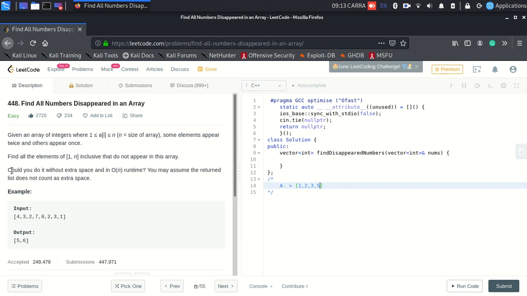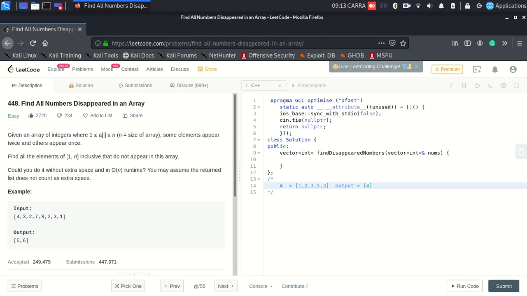So if some appear twice, let's say I have an array of size 5 and I have numbers like 1 2 3 5 3. This is a valid array because all the numbers range from 1 to 5, which is perfectly okay as per the problem statement since the array length is 5. In this input, my output should ideally be 4, because I want to see which numbers in the range of 1 to n do not exist.